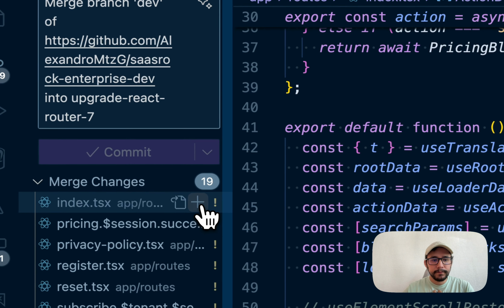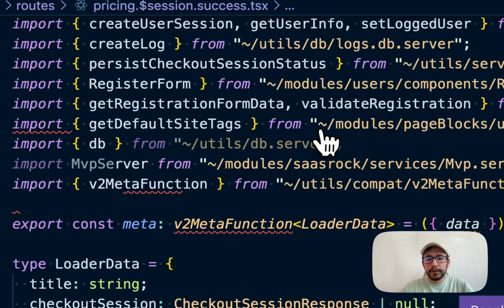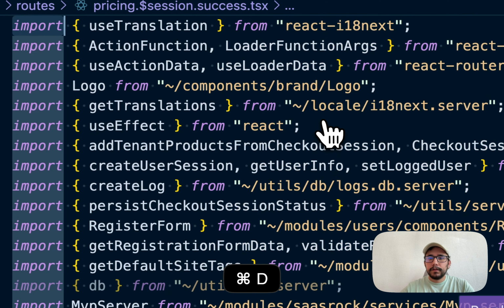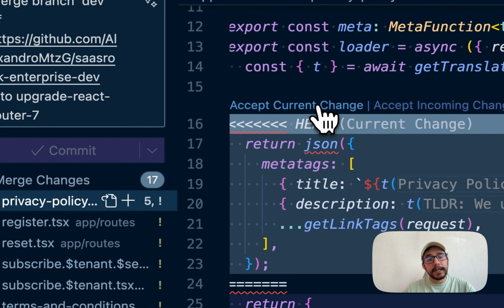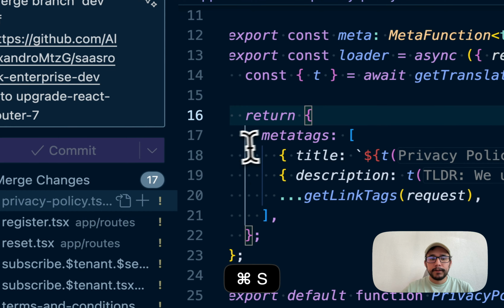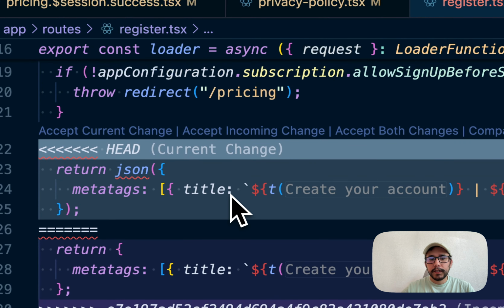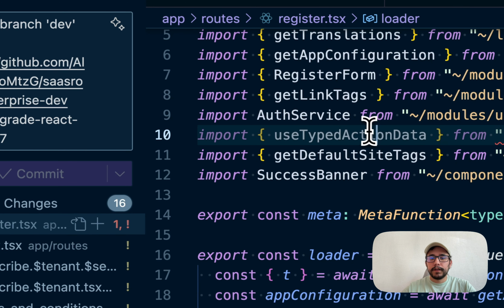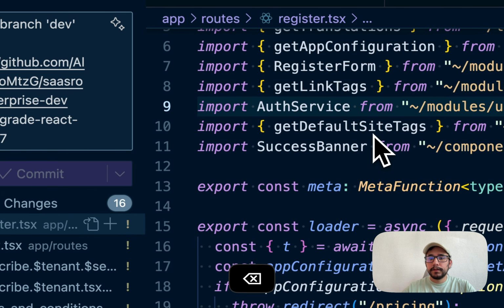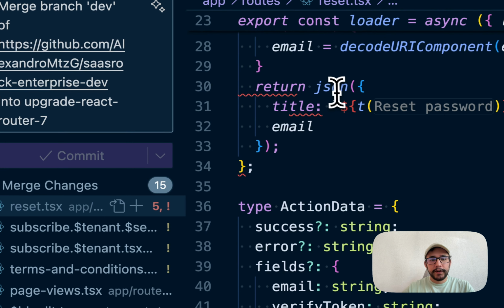So what else? Accept both changes and move on. Privacy policy, current change because I have the title translated. Register also both changes, and here current change because it's the title again. Removing this unused import. Now reset, current change,